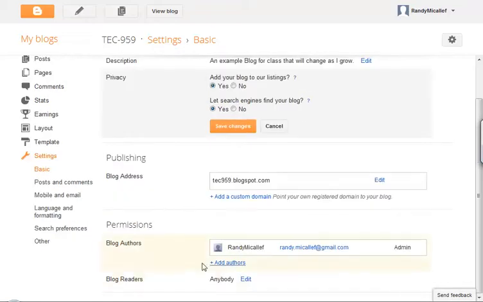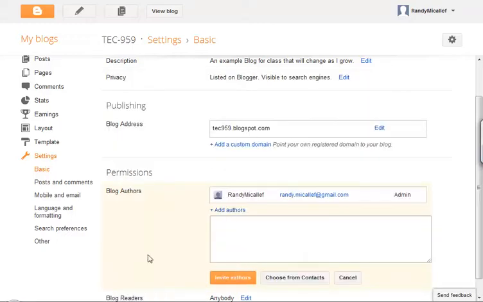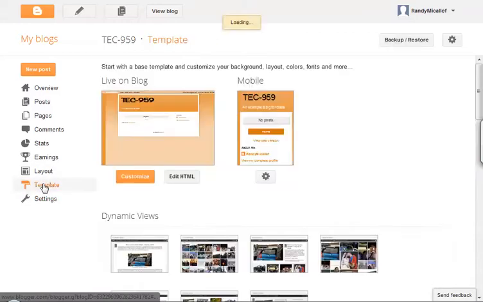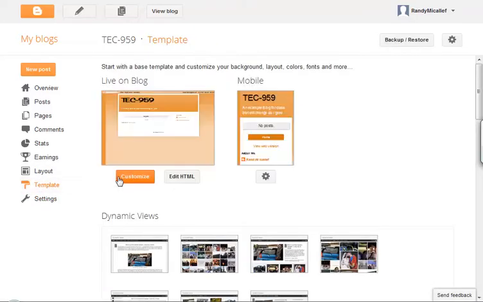I could also add other authors to this, which is nice. So say you wanted to create something within your class and you wanted students to participate and add articles, like a school newspaper or a newsletter within your class. You could click the add authors and then just add their email addresses in and invite people to post. So it's pretty neat. Let's go back to our template, and I want to customize,